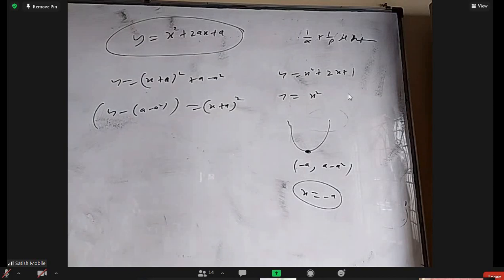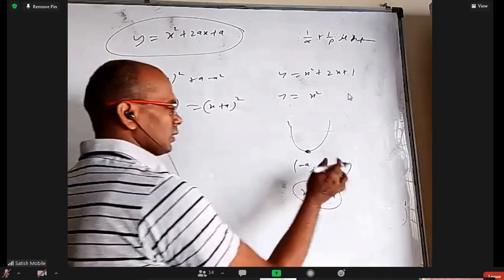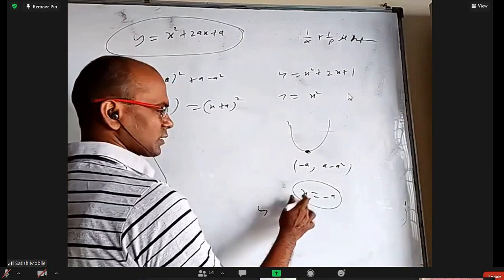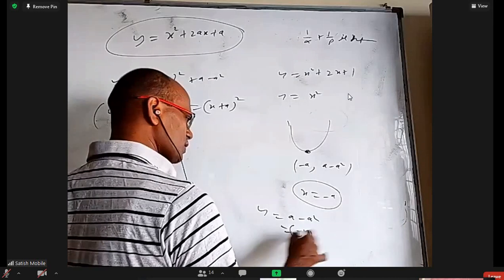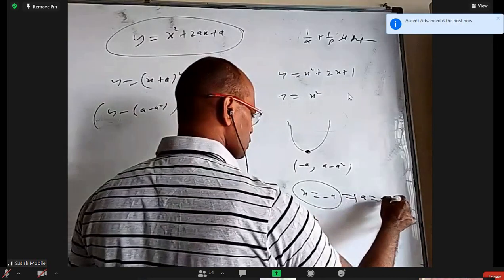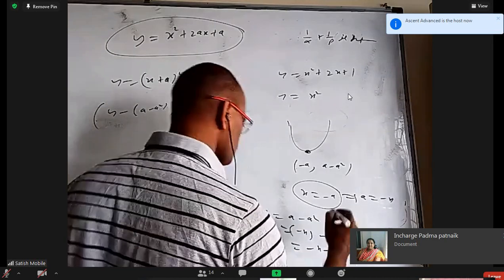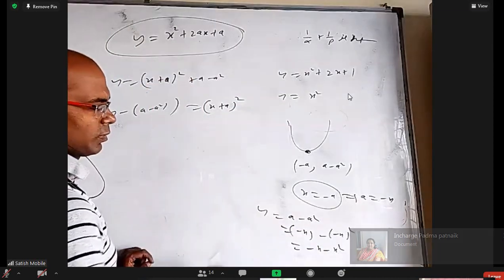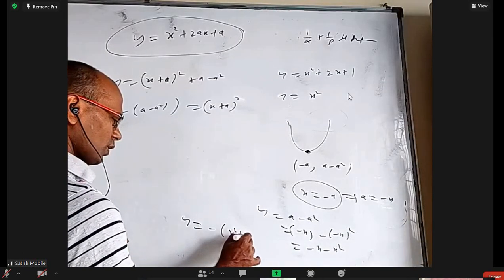That's correct. And what is the locus of the vertex? That itself is one question. That is very simple. We take x equal to minus a, so a is minus x. So y equal to a minus a square. In the place of a, you can write minus x. Minus x minus x whole square, which is minus x square. That itself is a parabola. They wanted it with x and all that. So if I take minus common, it is x square plus x.